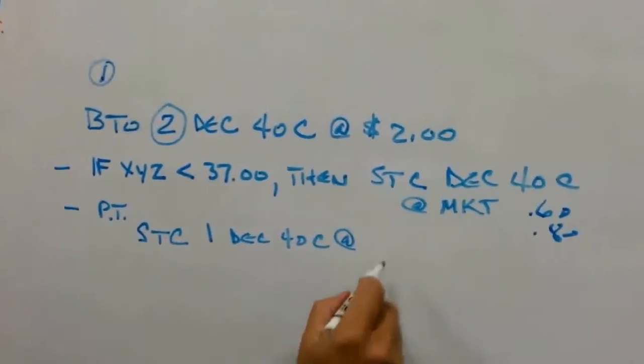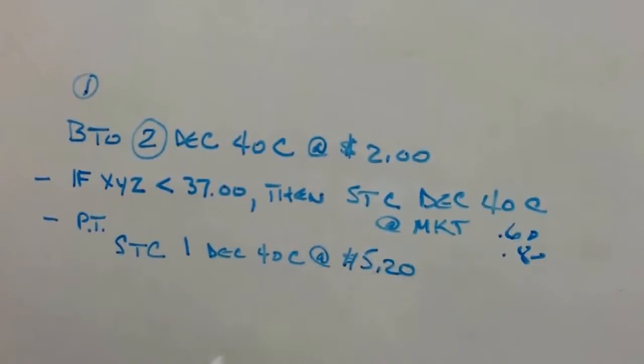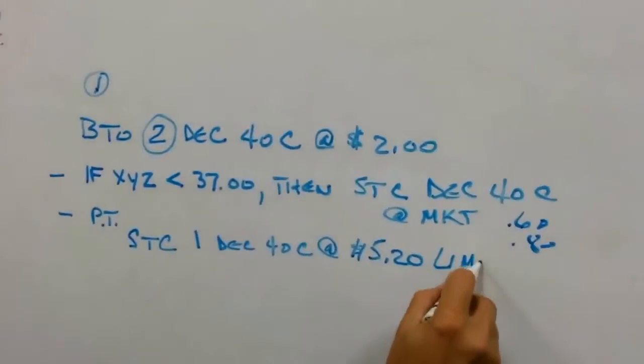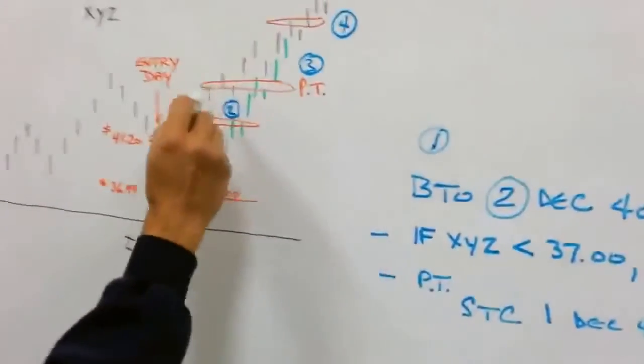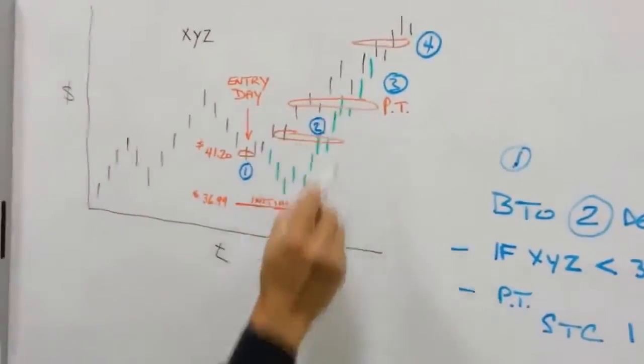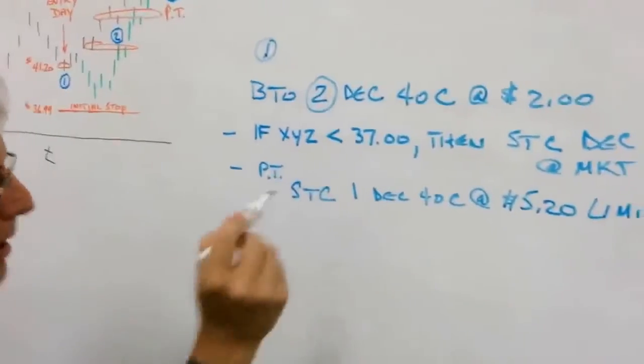It's calculated by the software. Let's say that's around 520. That's kind of typical. Limit. So if the market trades up to that level, where the option gains in value to 520, we'll get filled